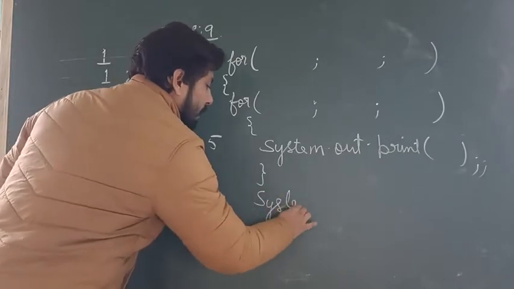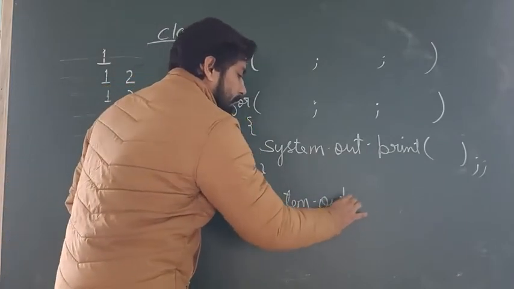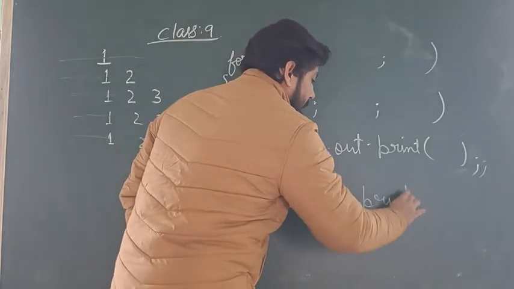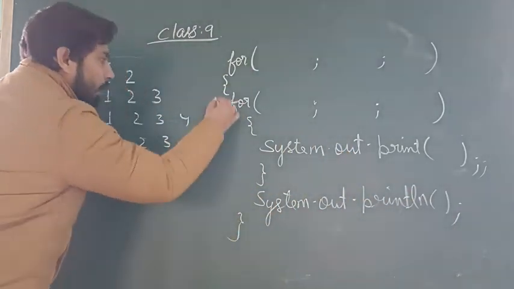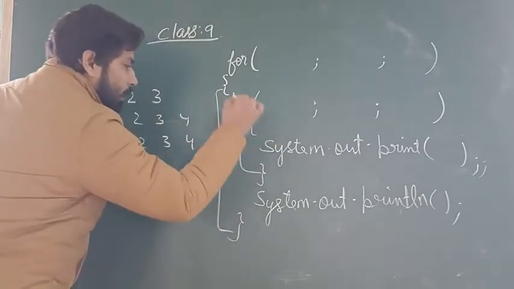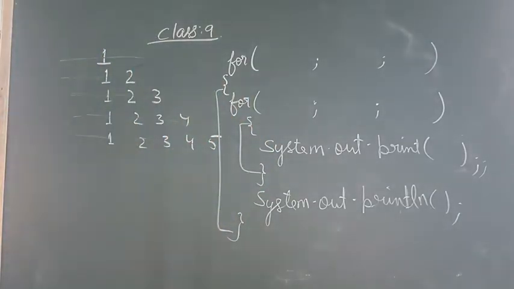Next is system.out.println. Okay, this is where the outer loop closes, and here is the inner loop. Now it is just a syntax where the initialization, condition, and updation of all the loops are empty. Correct? So we have to fill it. And how to fill it? By taking care of our pattern.